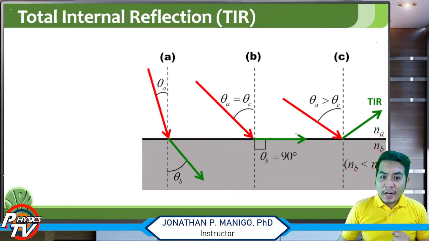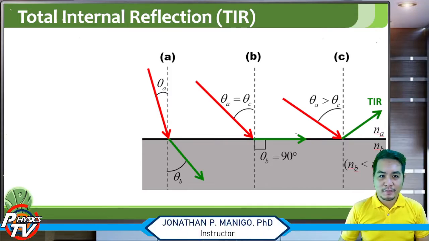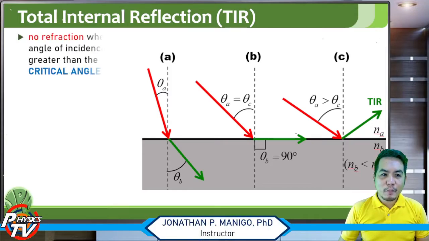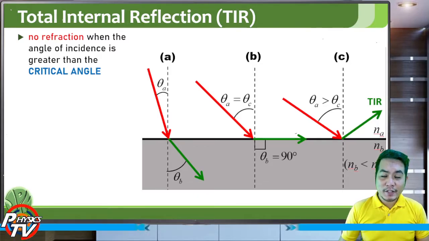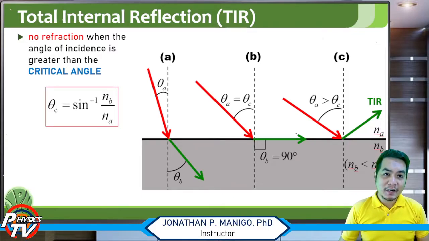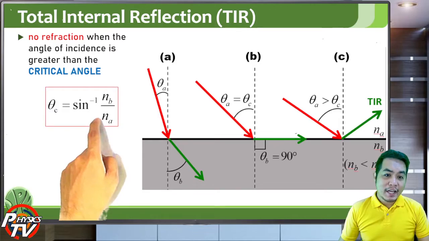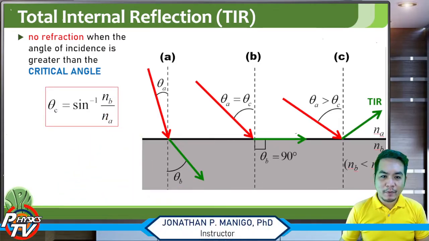Another phenomenon involved with reflection is what we call total internal reflection. This is a phenomenon where there's no refraction happening when the angle of incidence is greater than a certain critical angle. And this critical angle is given by the sine inverse of the ratio of the indices of refraction. So for example, in this case,